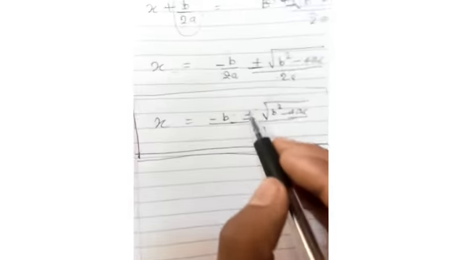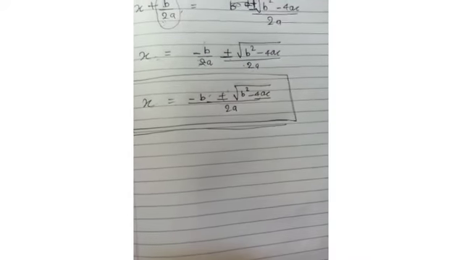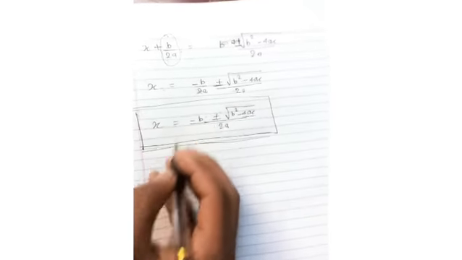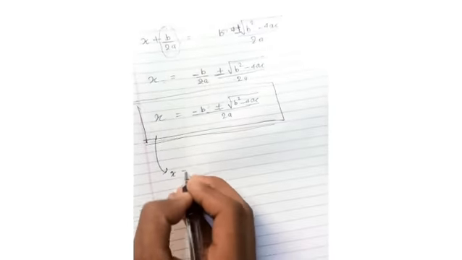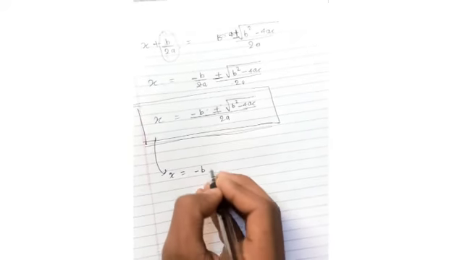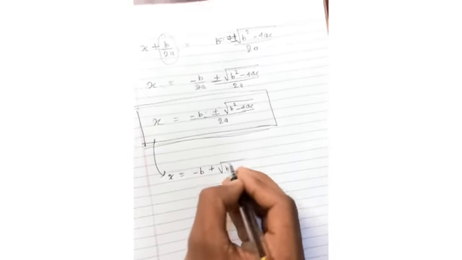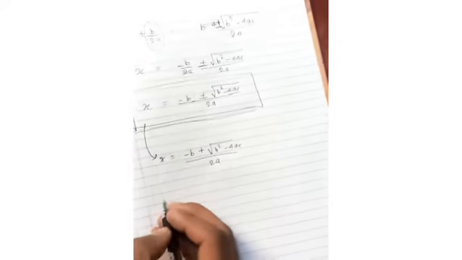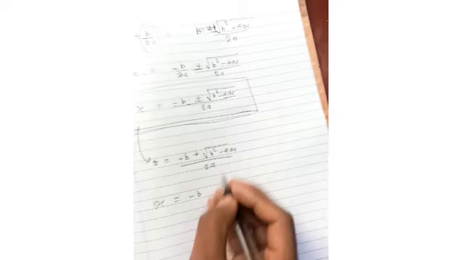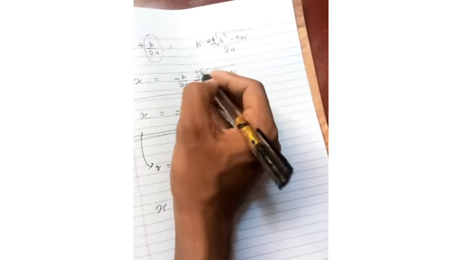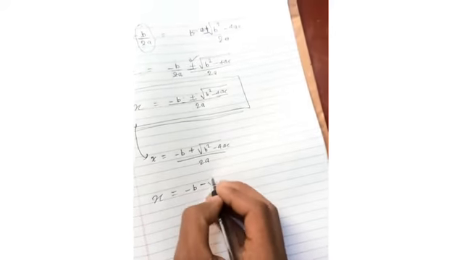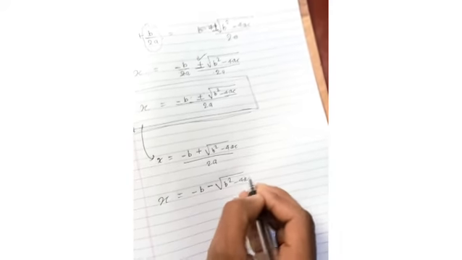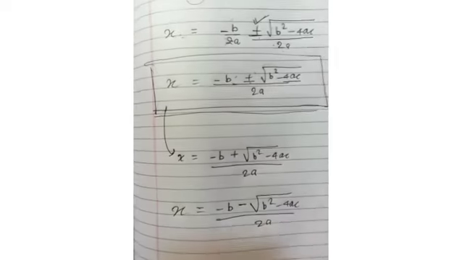So using this formula, we can solve many problems based on the quadratic equation. Here we will be getting two outputs. If we expand this x, we will be getting x equal to minus b plus under root b square minus 4ac upon 2a. This is one answer, and the second answer will be minus b minus under root b square minus 4ac upon 2a. We have to do both, one in the case of plus, the other in the case of minus. So these are the two roots of the quadratic equation.